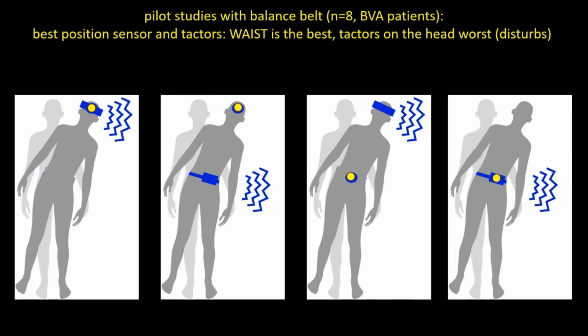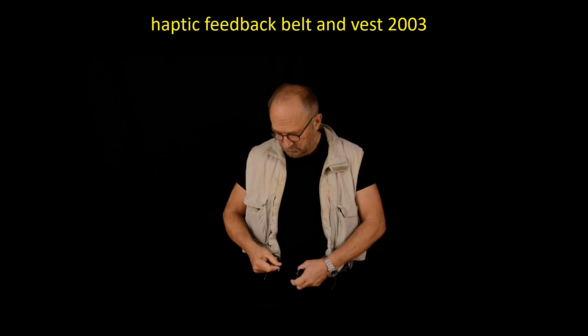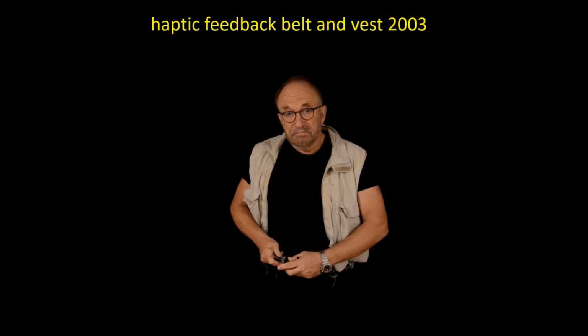Okay, so there are 4 different options. Without going into the details, we evaluated the effect of this feedback by looking at posture and looking at gait, and also asking patients what is something that you prefer to do. And the outcome is very simple. When you put the sensor and detectors around the waist, then everybody liked that the most, and we saw the biggest effect on posture and gait. So that made it easy for the design of the device, because everything is around the body.